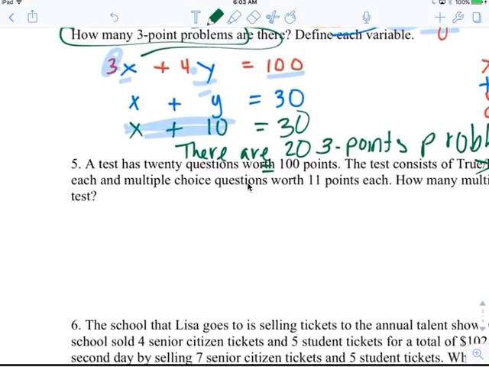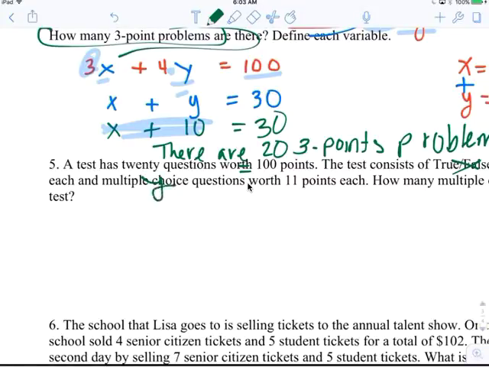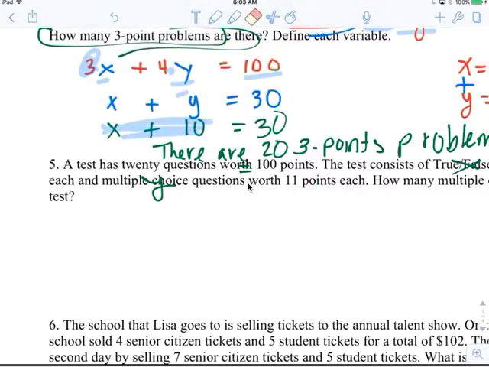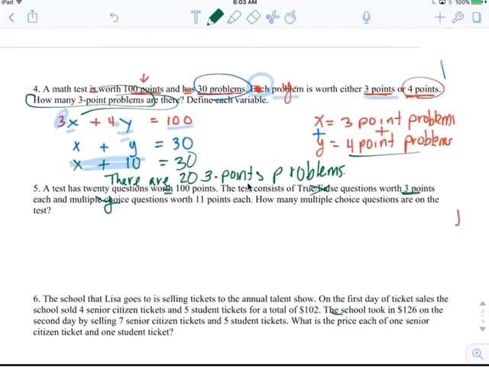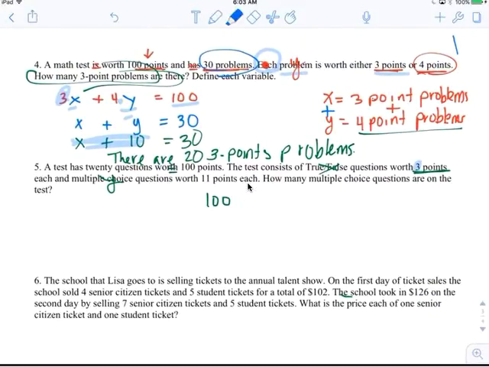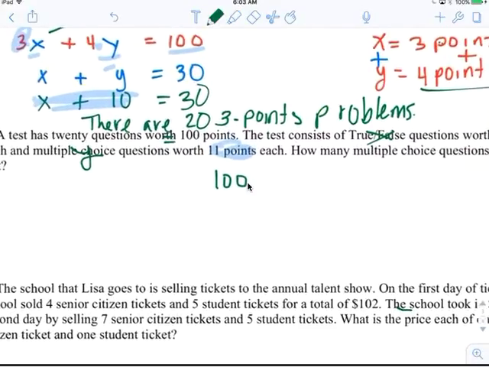Multiple choice questions are worth 11 points each. Okay. How many multiple choice questions are there? Okay. All right. So a total of 100 points. Okay, all the points go together. 3-point goes together. And 11-point goes together. So you got,